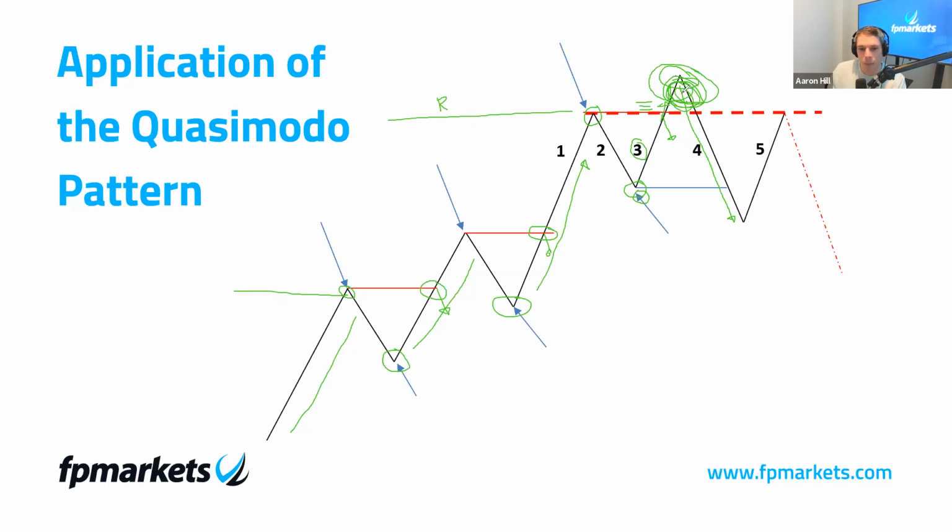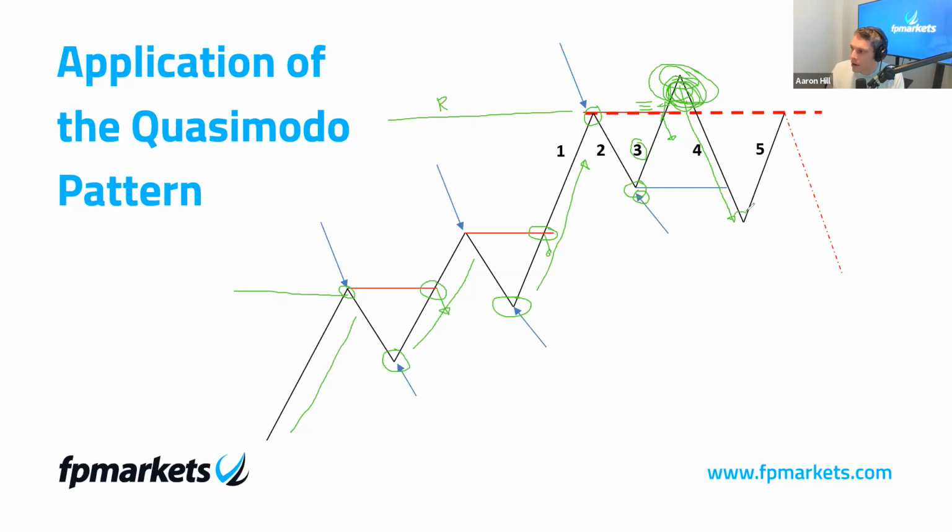Okay, this is so common. This is so common around round numbers, especially psychological numbers as well. So what happens is leg 4 comes down. So the sellers here are kicking themselves, right? They've been stopped out, but price then rolls over and trades in the direction that they initially planned for. So there's a lot of pain with bull traps. Okay, leg 4, we're down. We've broken the higher low.